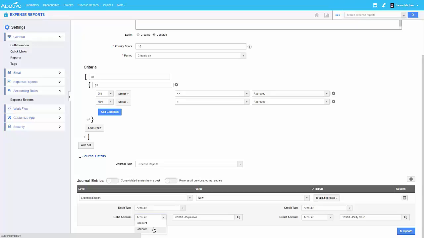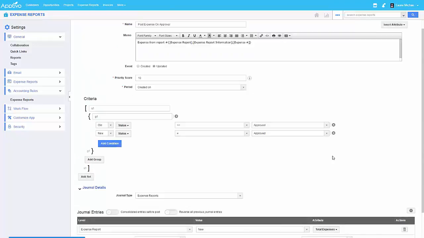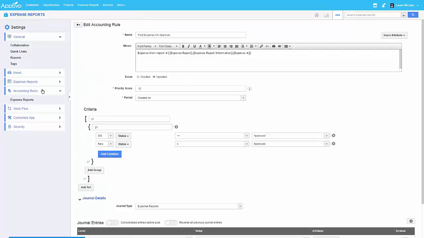Basically what you're saying is, if I have a taxi and my user categorizes it as a taxi, my accounting rule will automatically move that money into the taxi expense account. So it's definitely more advanced and takes a lot more configuration, but it gives you an idea of what you can do there. And then of course the credit account, same exact thing: you either select an account or you select an attribute. Okay, so the end result of that is it gets posted on Outward. Really the last piece is if you don't